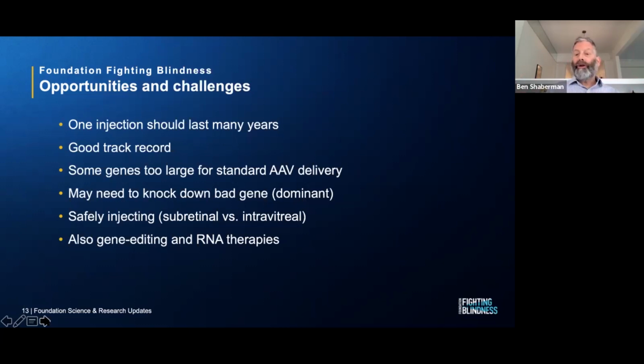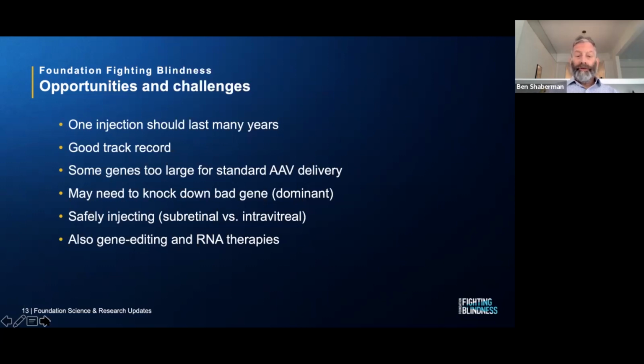You have to also, again, knock down that gene. This two-step approach is more commonly needed in dominant diseases. So as you see gene therapies emerging for dominant conditions, like for mutations in rhodopsin, you'll probably see this two-step approach